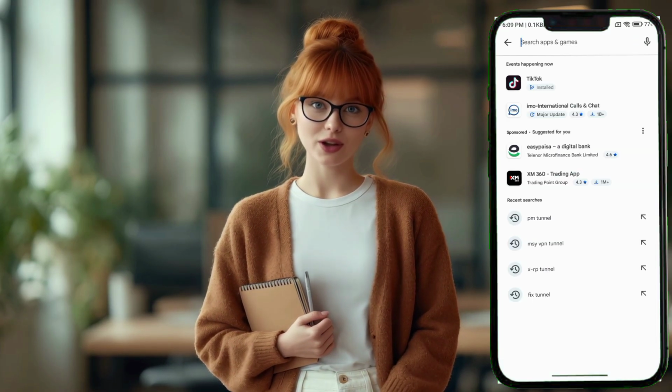In today's video, I'm going to show you a VPN app that can help secure your internet connection and add an extra layer of protection while browsing online. This app is available on the Google Play Store. So open the Google Play Store on your phone and